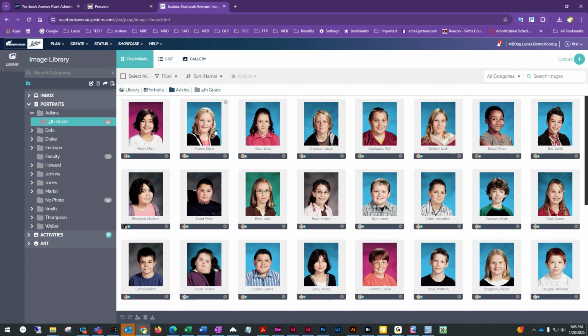One of the first things to do when you get into the library, before even flowing, is to review the students, make sure they're in the correct categories, and that they have the correct name spellings, things like that. To help with that, if you need to create composite proofs or proof sheets of your class, click on the category that you want to make a proof of, and right up above there's a tiny little PDF button. When you hover over it, it says PDF preview. If you click on that,